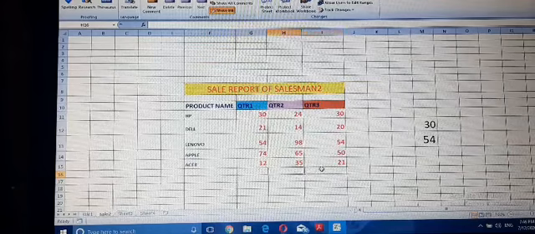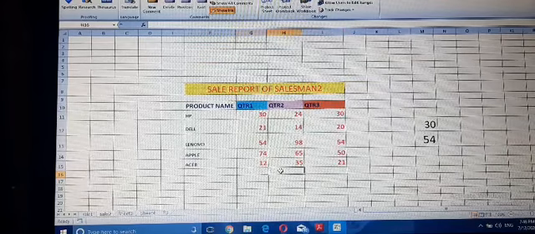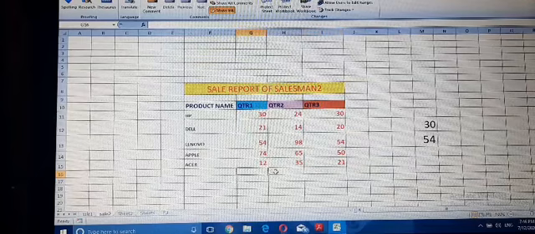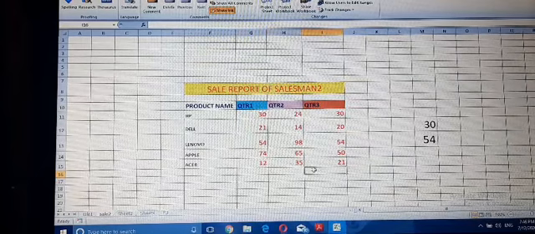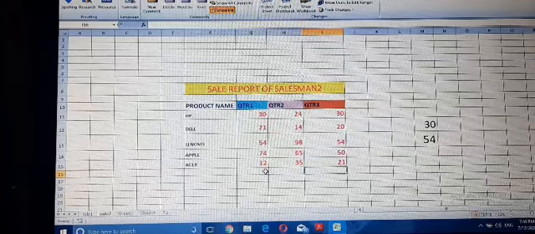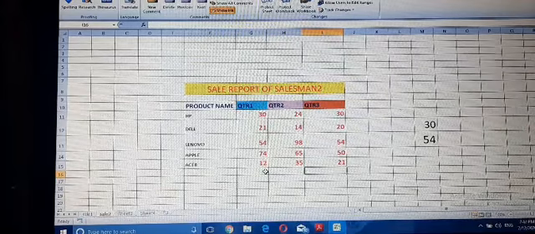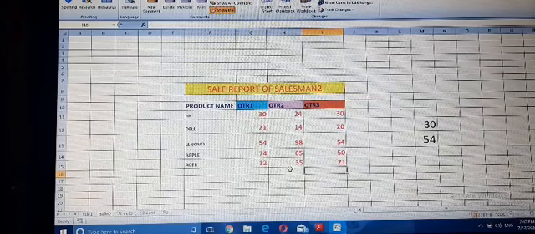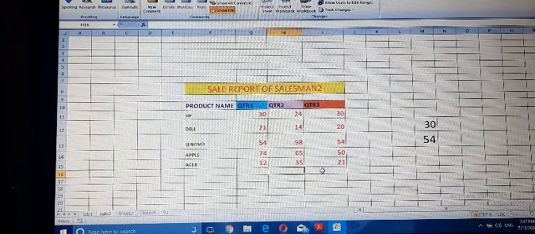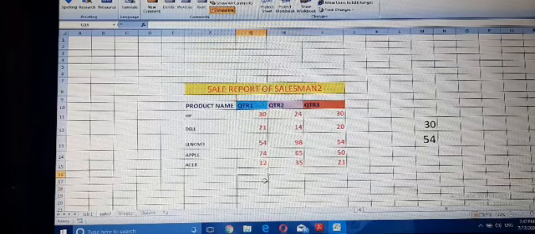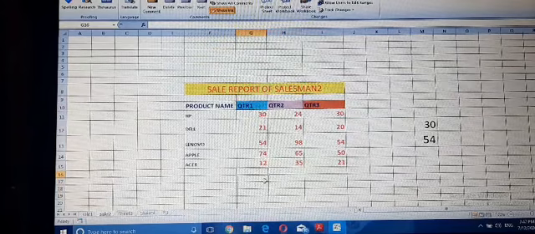Here I can repeat the same task again and again, here also, and here also. Instead of entering the same functions again and again, I can record a macro and run it on this cell.